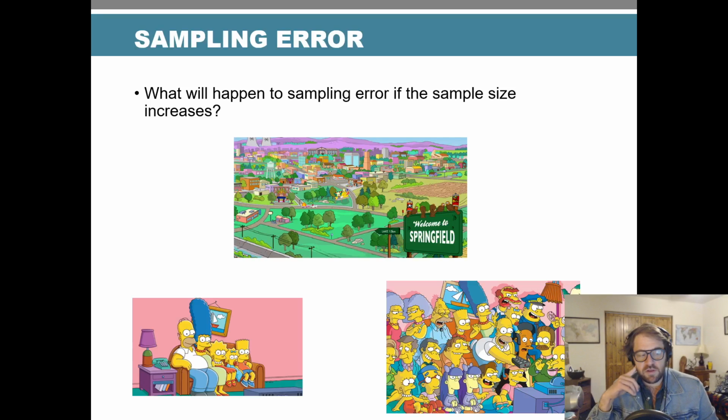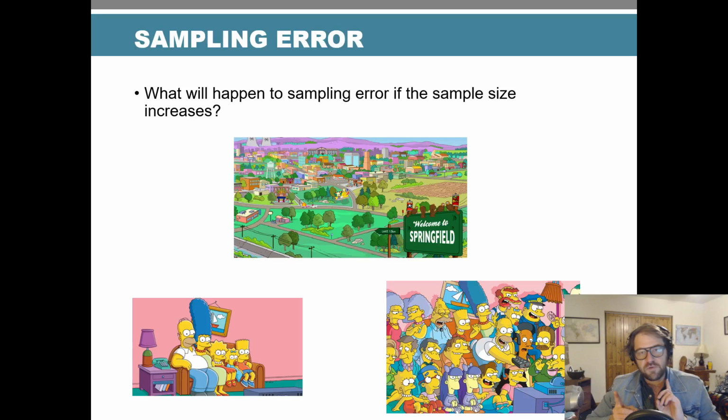It's difficult to know how representative our five people are. So we're going to have a large confidence interval, a large margin of error. But if we sample 50 people or 100 people, we get a much closer look at what the town's average actually is. So to put it another way,